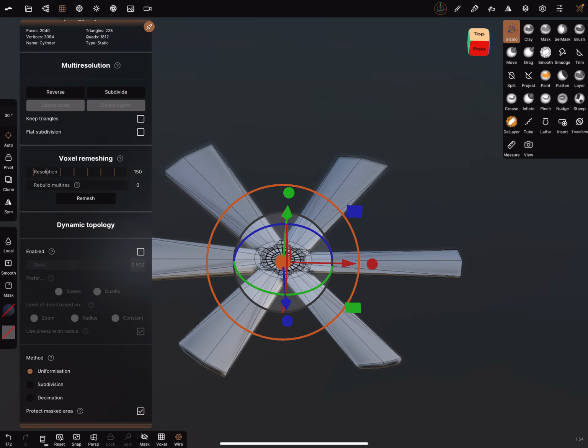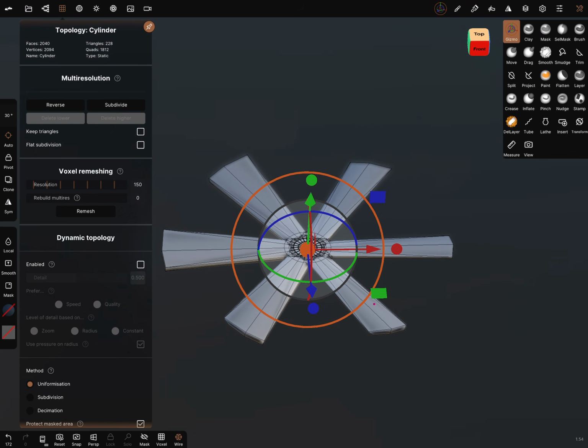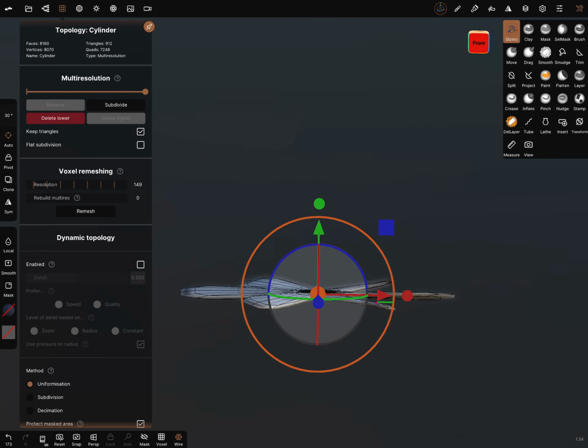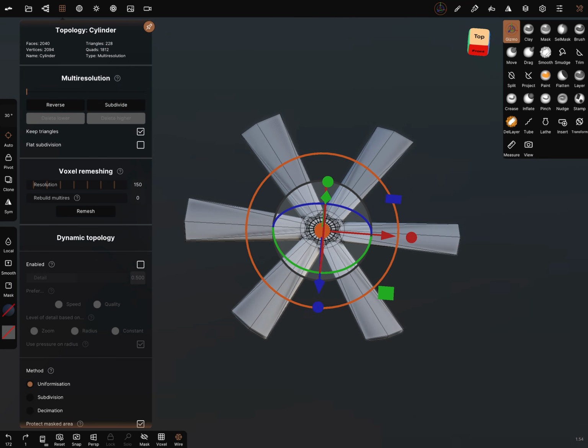Go to the topology settings. And now we can try a few things with the subdivision. Keep triangles, for example, and subdivide it. What happens? It changes the blades a little bit. We can go a step back.